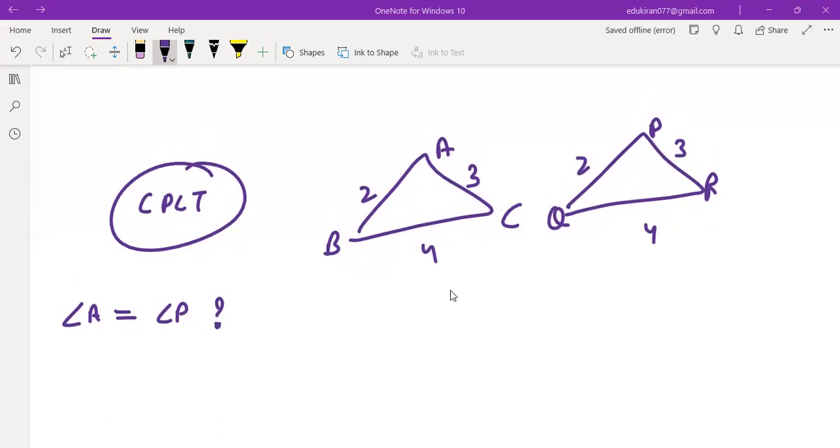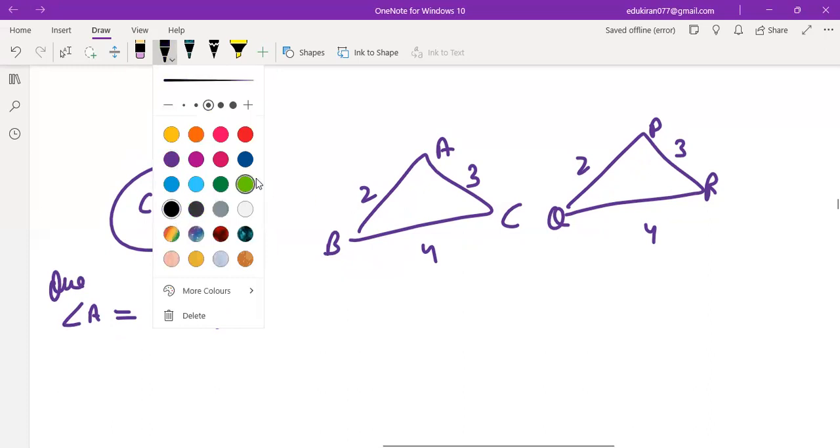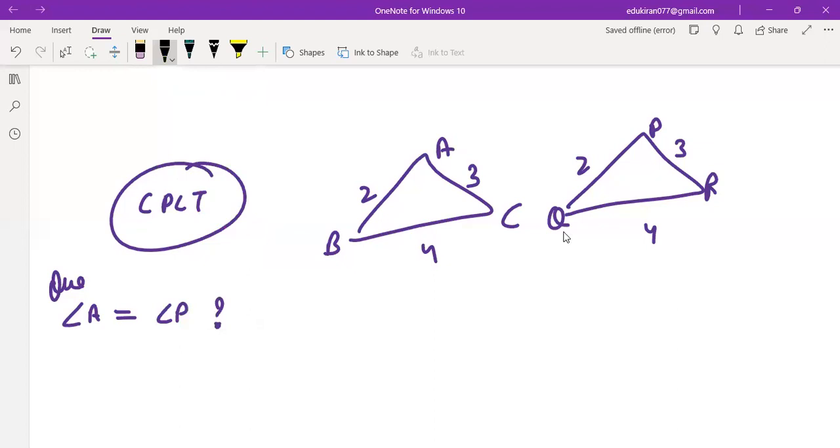Yes, ma'am. So over here, this was given. This is your question: whether angle A is equal to angle P or not. Okay, let's do it. The very first thing we are going to do is take this triangle ABC and triangle